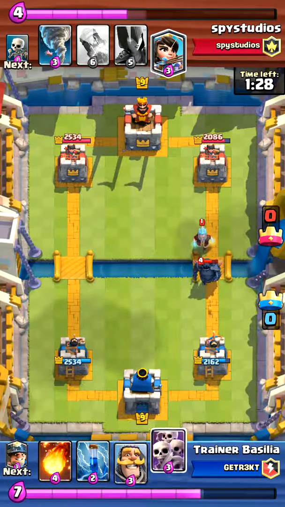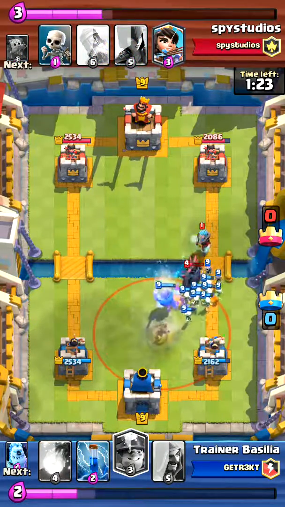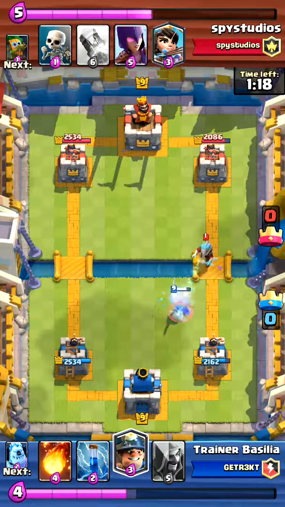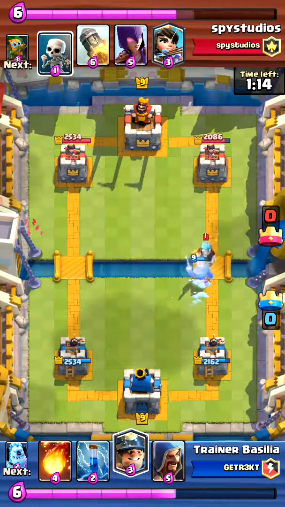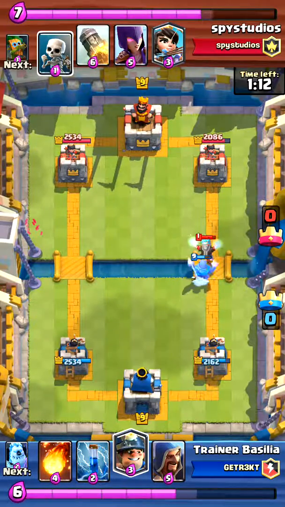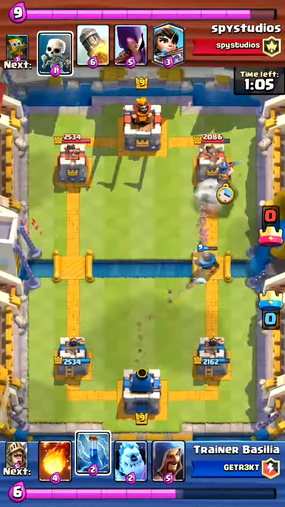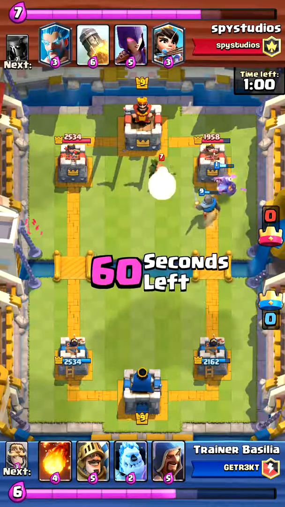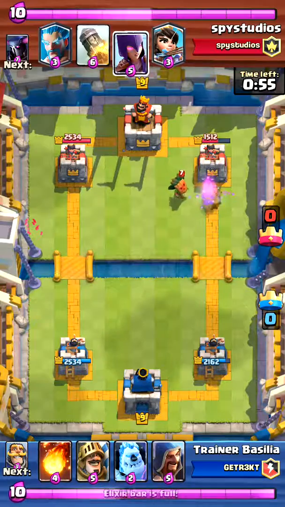P.E.K.K.A.'s pretty easy to handle because he did give me Skeleton Army. I don't know what he was thinking when he gave me Skeleton Army, because I know he chose P.E.K.K.A. So was it a choice between P.E.K.K.A. or Skeleton Army? That wouldn't make much sense, but if you're ever going to take P.E.K.K.A., don't give him any sort of hard counter to your P.E.K.K.A. But if you do, make sure that you have some sort of counter to the Skeleton Army. I zap right there because my Knight also has some health, so I want to get some chip